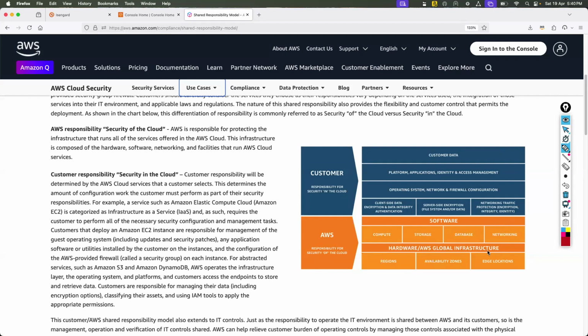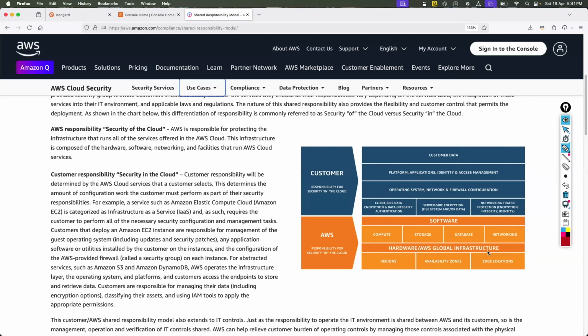If something goes wrong or some security bad thing happens at the global infrastructure level, then definitely it comes to AWS responsibility. But anything at the customer level, customer data, AWS will not touch it, because data is very important, very secure, very confidential information. If the customer shares their data across their friends, across different people, how will AWS know that the customer has shared the data across everybody?